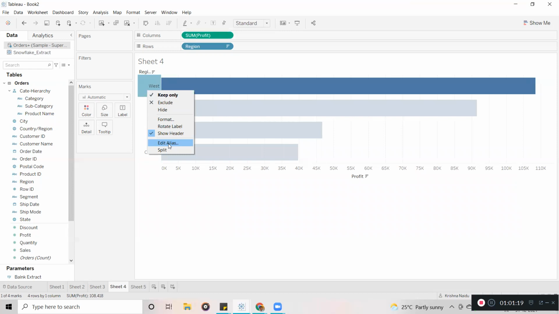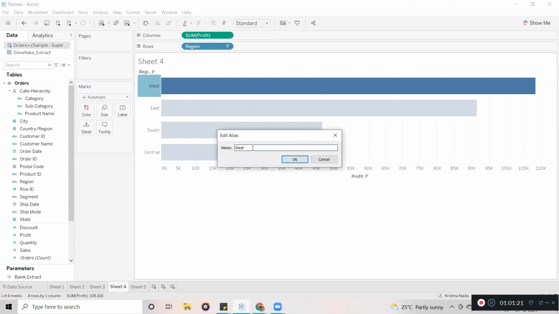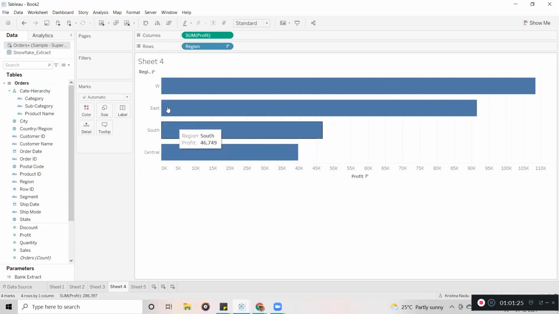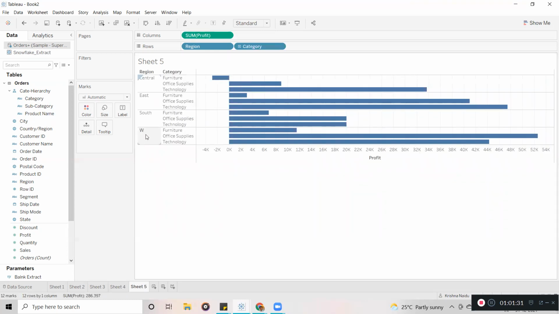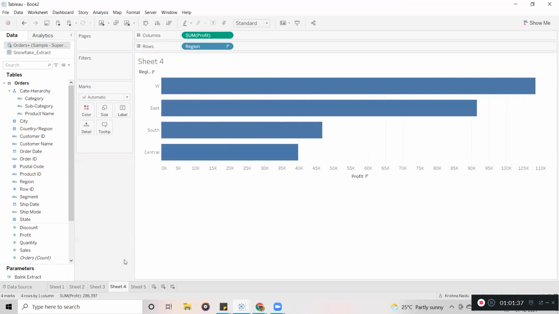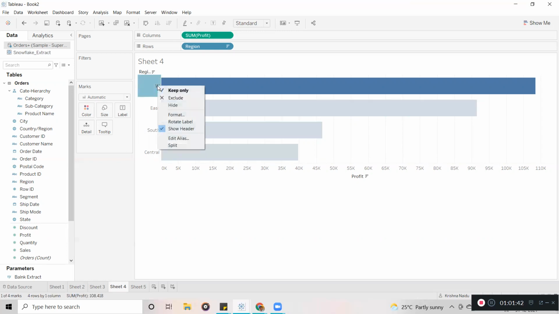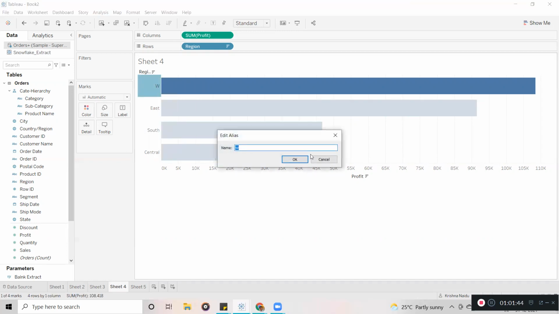Now, for example, here the customer wanted to make it W. So I am going to keep W. Now you can see here it is showing W. Now what about sheet 5? If I go to sheet 5, here also it's converted to W. But in one sheet I want to display best, and in another sheet I want to make it W. So what can I do? In these scenarios, we are going to work with